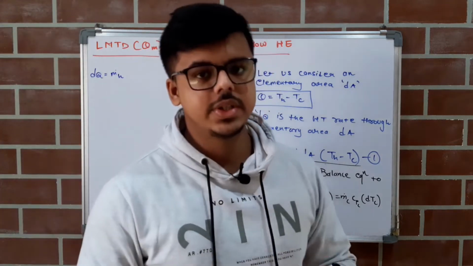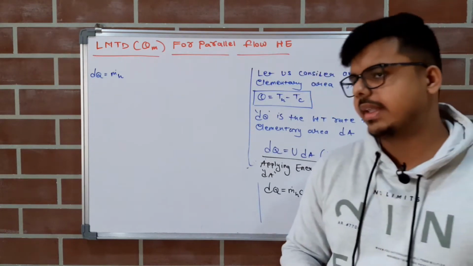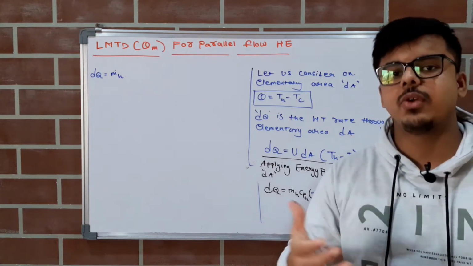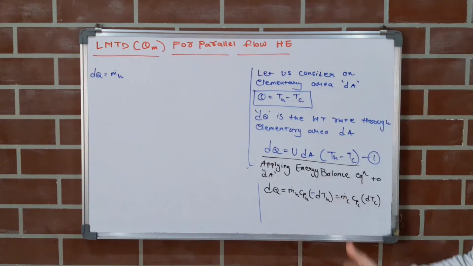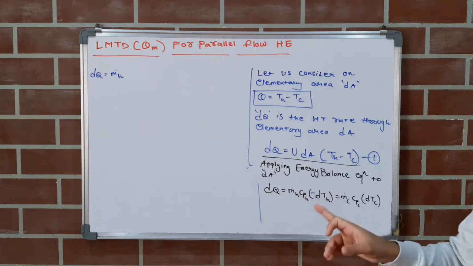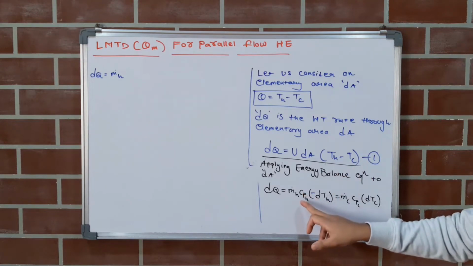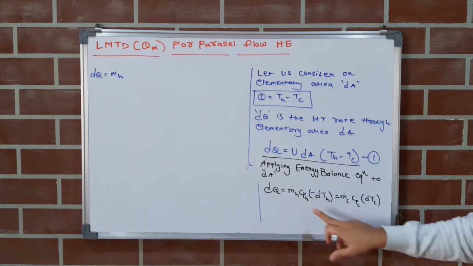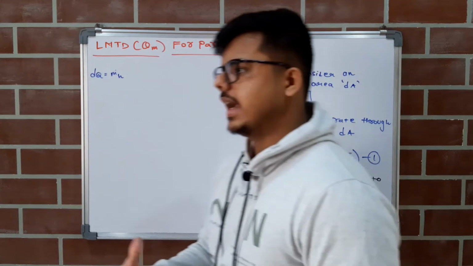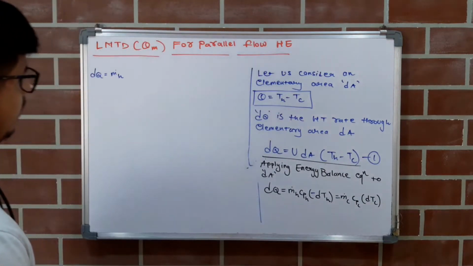Now m dot means the mass flow rate. M and the dot represent the mass flow rate, and that h represents the hot fluid. So m dot h is the mass flow rate of the hot fluid, and m dot c is the mass flow rate of the cold fluid. This Cp is the specific heat at constant pressure. P represents the constant pressure. So Cph is the specific heat for the hot fluid, and Cpc is the specific heat for the cold fluid, right? Now dTh and dTc, you know, that is the temperature difference of the hot fluid and the temperature difference of the cold fluid.